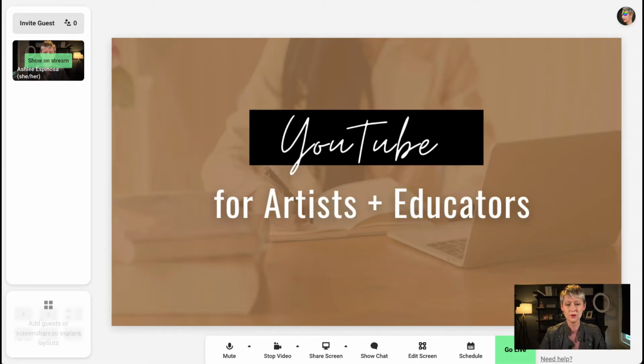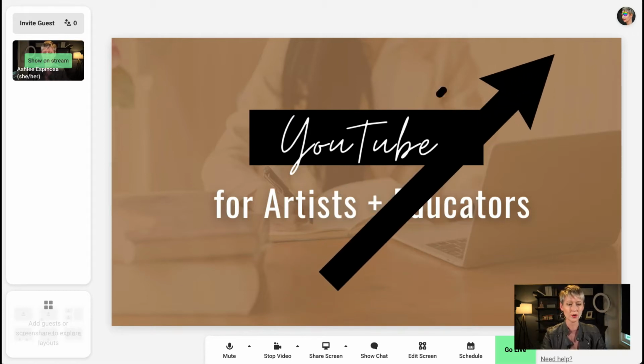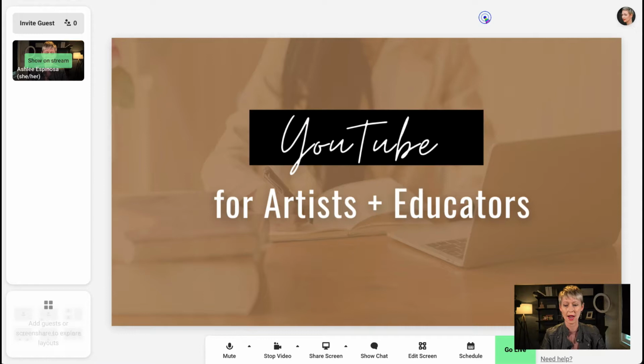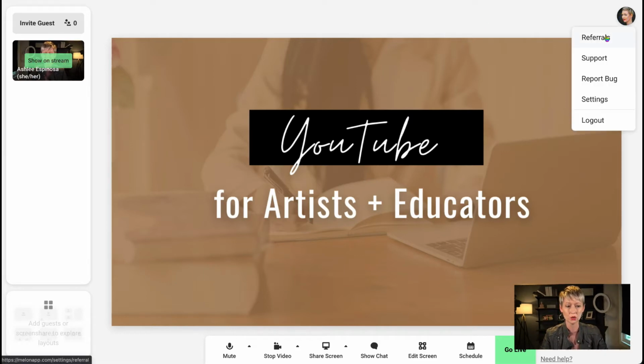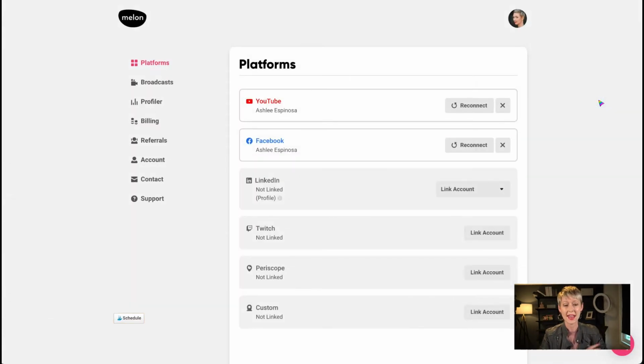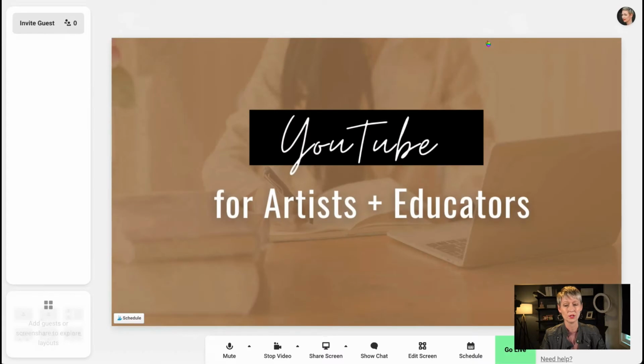Now you're going to notice up here on the upper right hand corner, this is my image. What I really, really love is you have a ton of options just within this program right here. So after you set up your free account, you will be able to go into the studio and navigate all of the options that you have. So let me go ahead and show you what it looks like to see if it's something that you would like to use and how it can help you. And then I'm going to show you how you can edit it and make it look fancy.